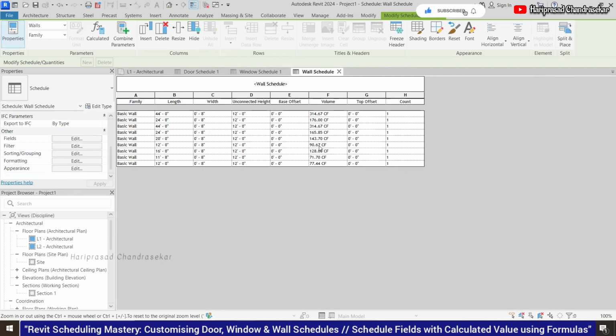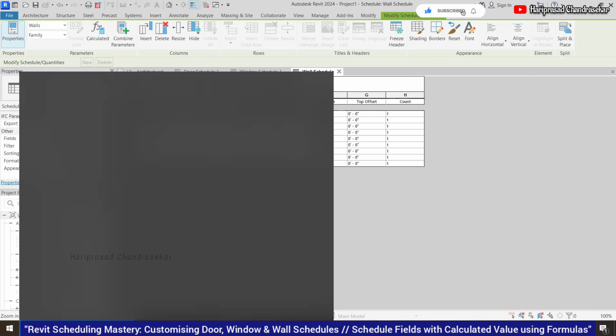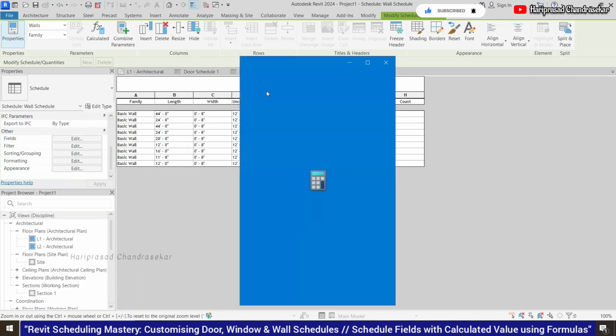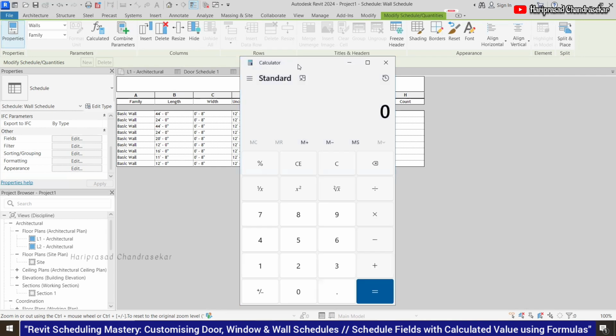Now you can find the number of bricks using the CFT. So the size of the brick matters, it depends on the size of the brick. Okay, so I can go to the calculator. So for the size of the brick, how can you calculate the volume, CFT?